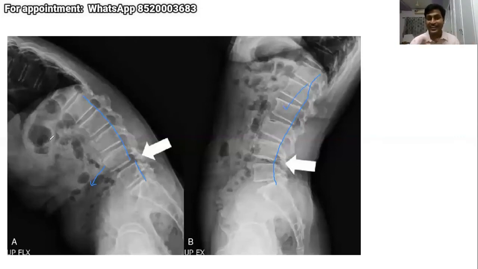Is it more in flexion or extension? Flexion. So which movement is causing listhesis? Flexion. So which movement is harmful to this patient? Flexion. So what exercises do you prescribe him? Flexion exercises or extension? Extension exercises. Fine. Dr. Das has said extension is harmful. Are you clear? What is harmful for him is flexion.